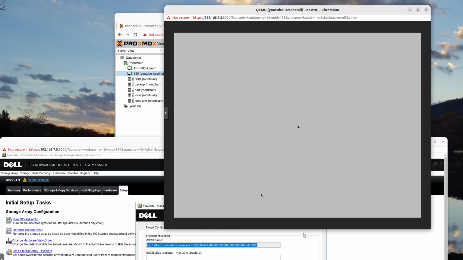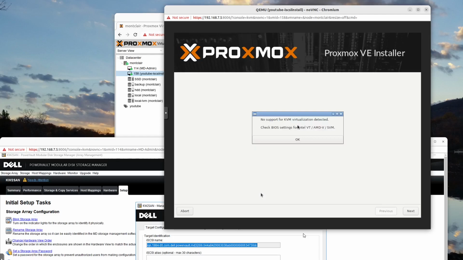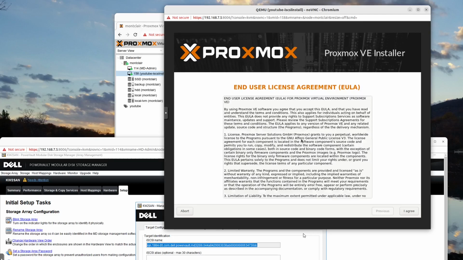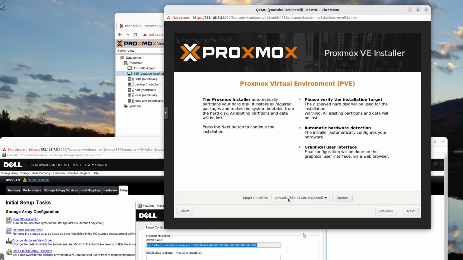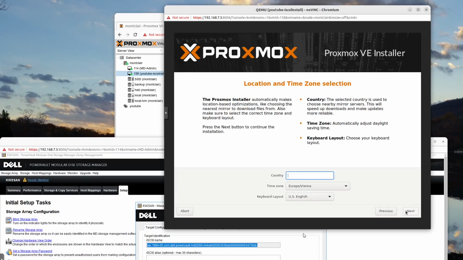If you're completing this install on a virtual machine, you'll probably see a message that there's no support for hardware virtualization. This is okay because we don't need virtualization hardware support for the installation. I'm going to click OK on that, accept the EULA, and click Next. So now we see this /dev/sda device set as our target hard disk. That's our iSCSI drive. We don't need to set any options, so we can just click Next, enter our time and location info,